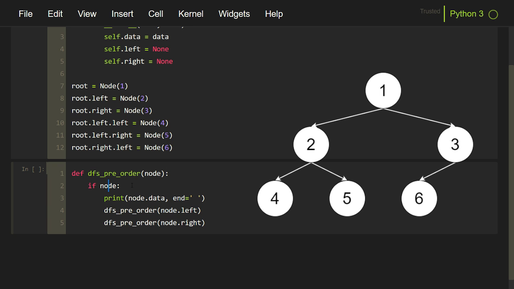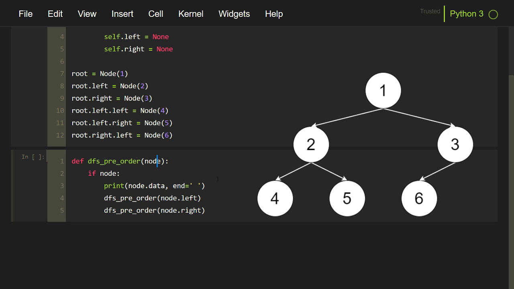And this if condition is also acting as a recursive base case, because we need to stop the DFS recursion call when the node becomes None, because there are no further children available. And hence we have solved both the problems of recursion base cases as well as the problem where the variable to the left of the dot operator becomes None. So this is the entire function that we need to write.